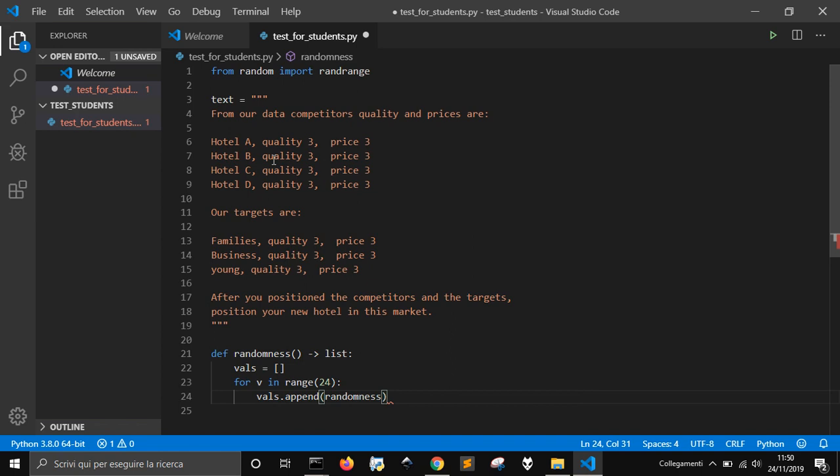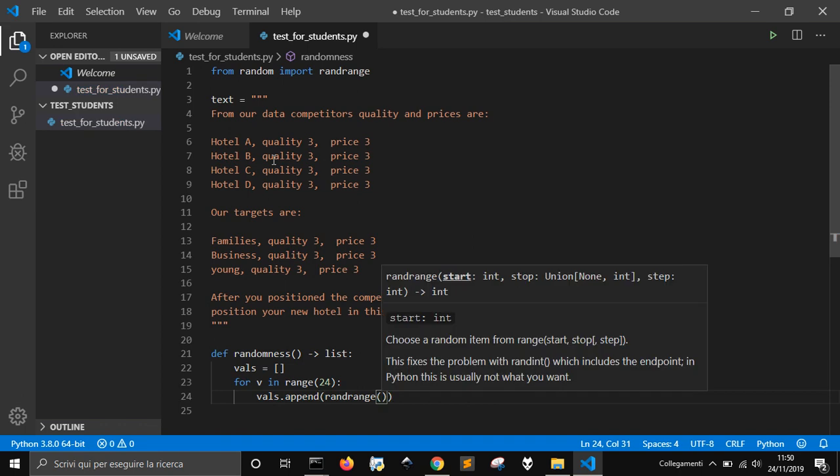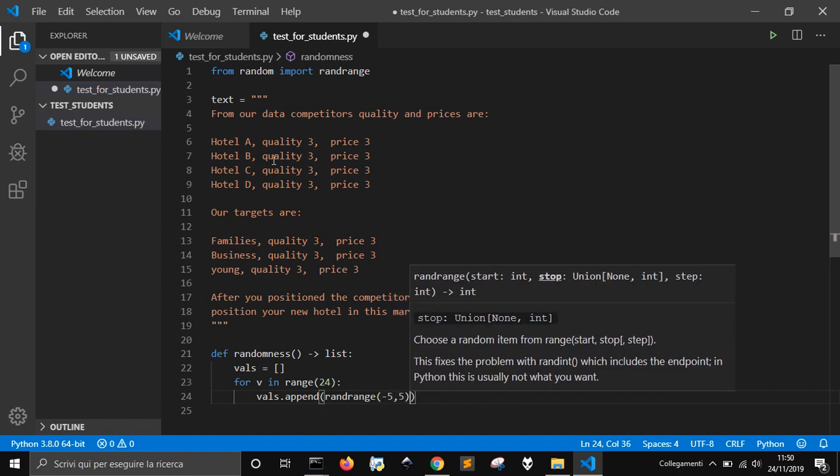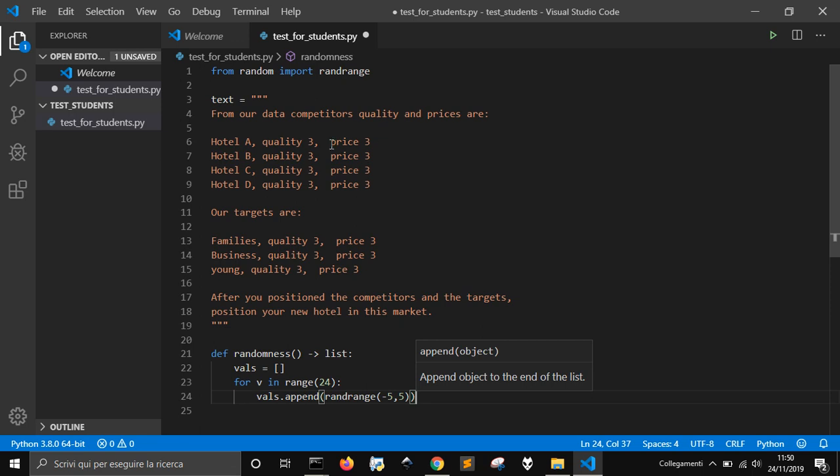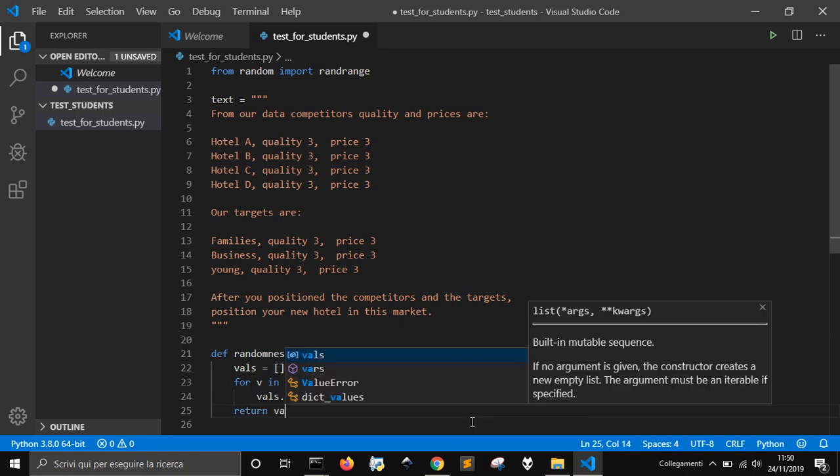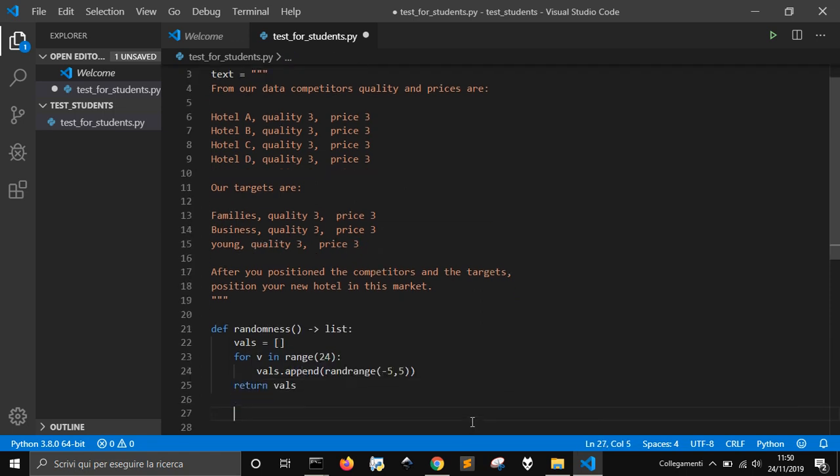We will have a randrange of -5, 5. This means that the quality, the prices, and everything will have this range from -5, -4, -3, 0, 1, 2, 3, 4, 5, etc. And then this at the end will return this list. So now we are going to do this. We are going to